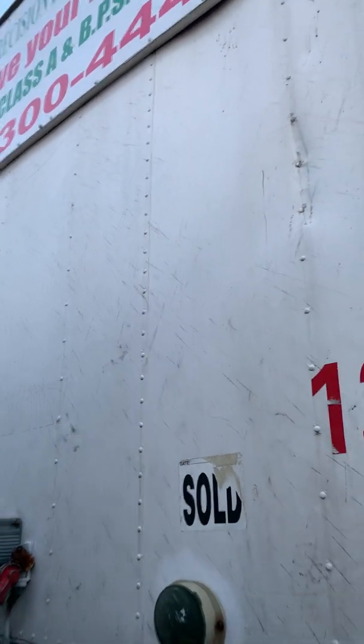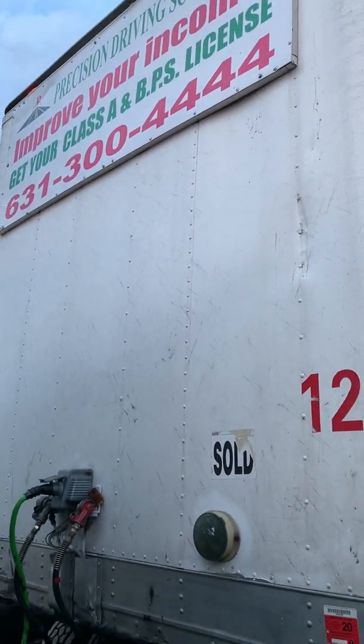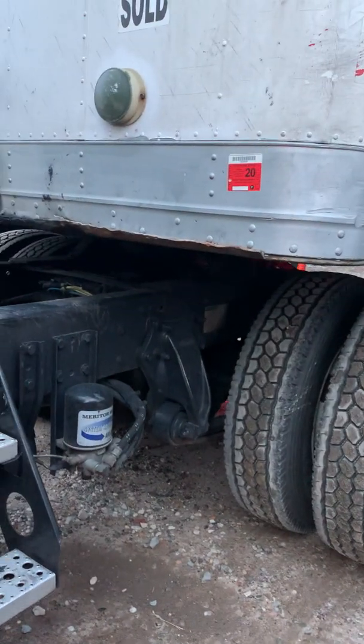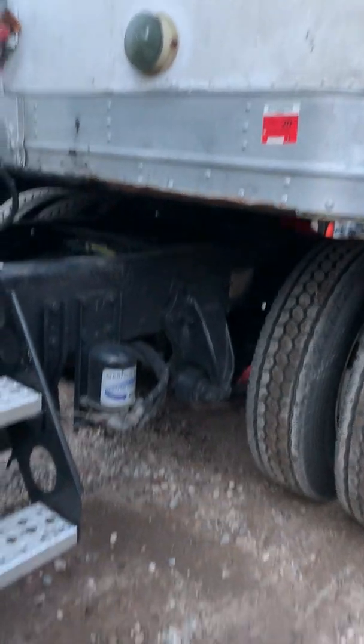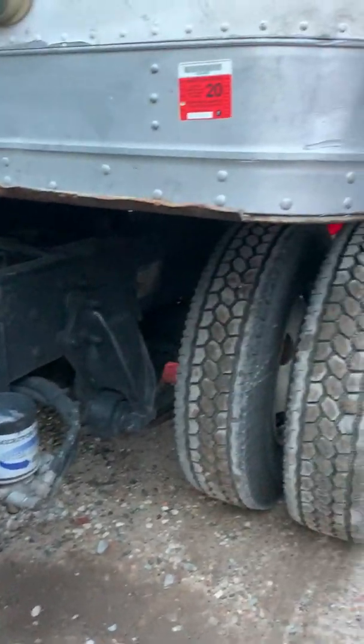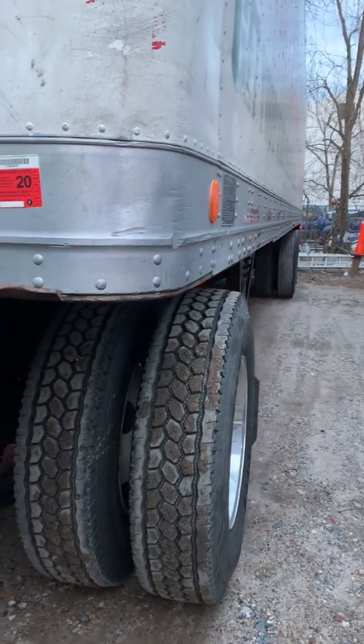My header board is secure, no holes or missing rivets. And now you can mention your air dryer, not super important, but we can go ahead and mention it. It's bolted securely to the frame. It's not bent, broken, or loose. And we're gonna move on to the suspension, the same suspension we've just done, but we're gonna repeat it here